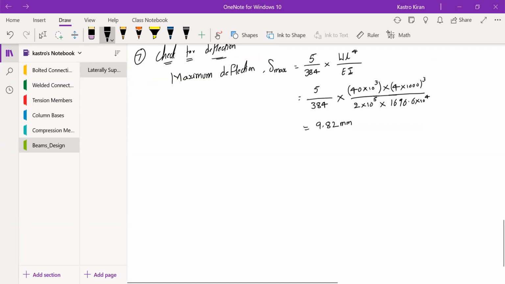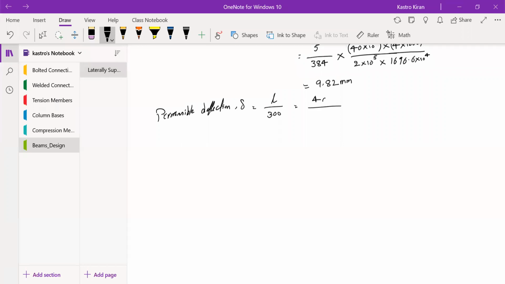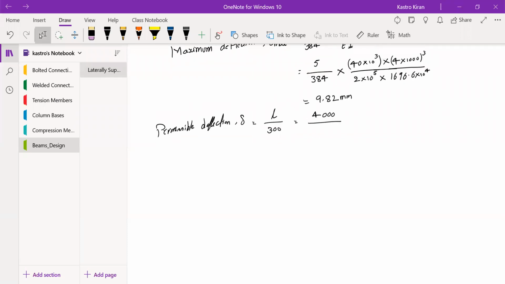Now you need to find out the permissible deflection. What is a permissible deflection? Permissible deflection, that is delta value. We talked about this in the last class, that the permissible deflection is L by 300. The value of L is 4 meters, so I'm converting into mm. That will be 4 into 1000, that is 4000 divided by 300, which will give you